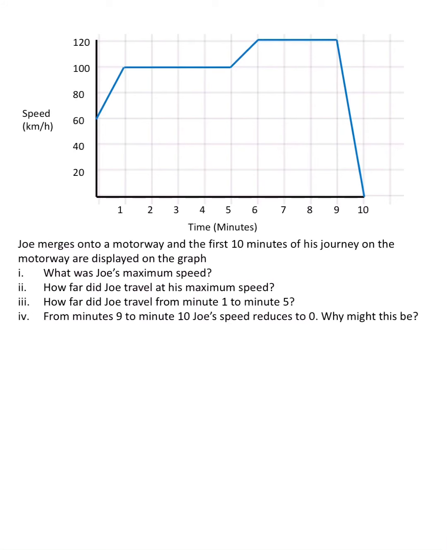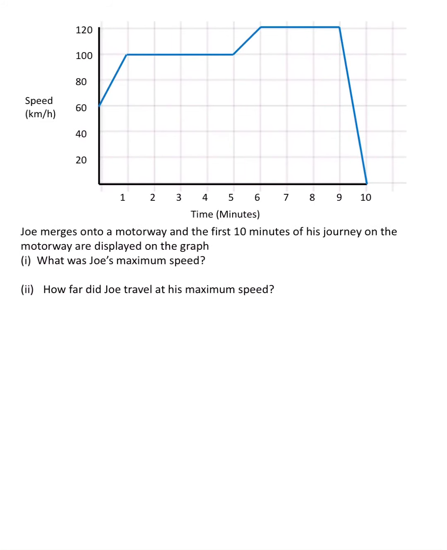Let's have a look at the first question. That's easy. What was Joe's maximum speed? Just from reading the graph, that is 120 kilometers an hour. Then, how far did Joe travel at this maximum speed? We can see that he starts traveling at this speed at minute 6 and he stops at minute 9. So we have 3 minutes,